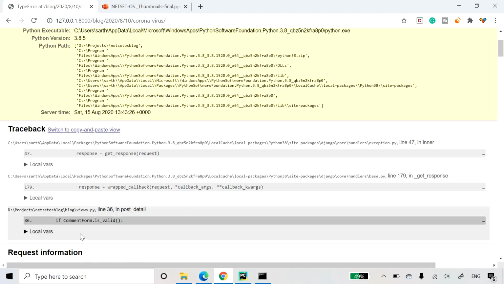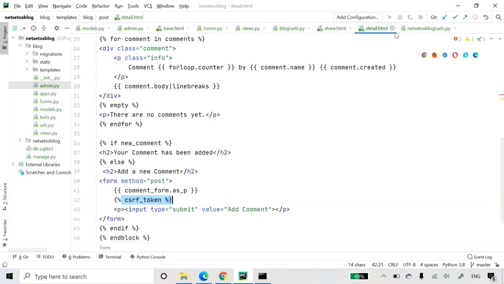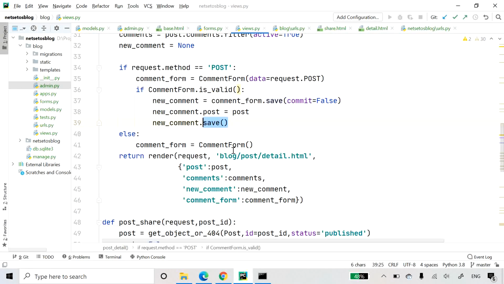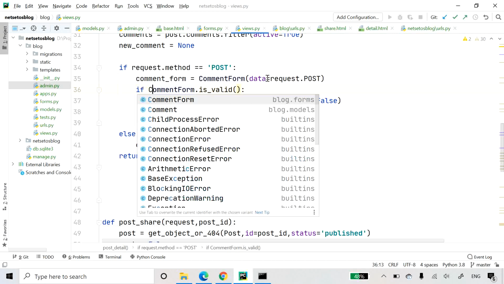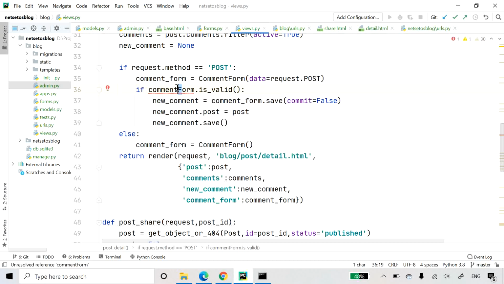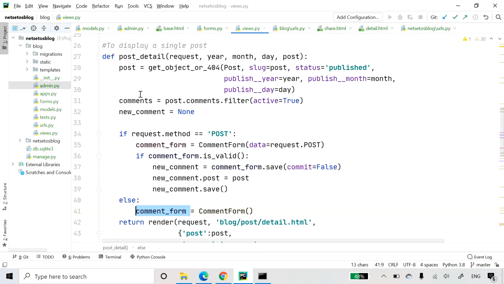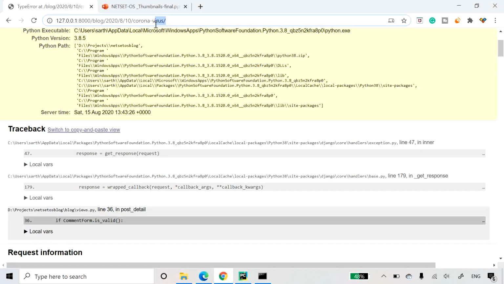Here it is giving an error in post_detail of our views file. So I will check it on the 36th line. Here I have written a capital C. It should be a small c. And it should be comment_form as I have defined here, comment_form. Let's verify. I will refresh it,